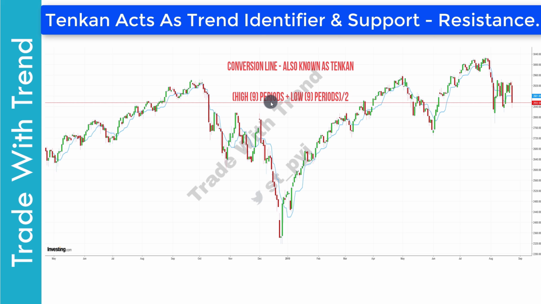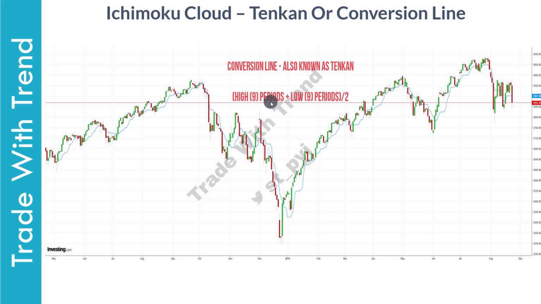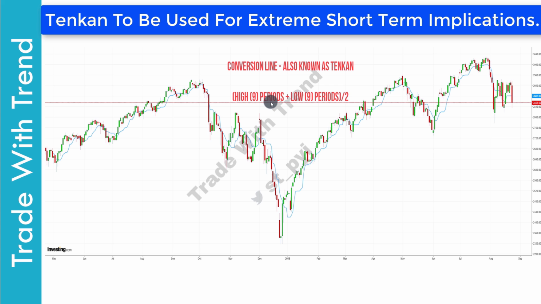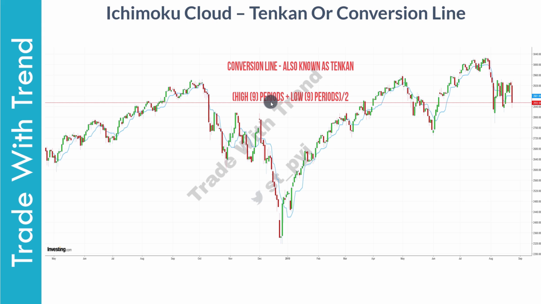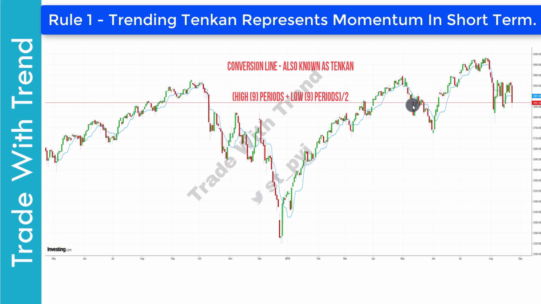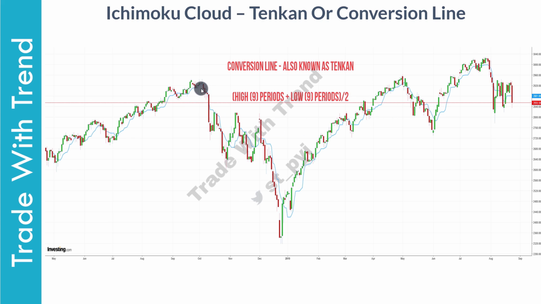In Ichimoku Clouds, every element has a crucial role to play. And therefore, when you start looking at charts through this indicator, get into the habit of analyzing what each element conveys. When you're looking at Tenkan or conversion line, the first thing you need to look for is whether Tenkan is trending or whether it is flat. A trending conversion line would indicate a strong trend is in place, whereas a flat line would indicate price is simply consolidating. If you look at the chart in front of you, in all these phases where the conversion line is trending, you should think about participating in the direction of the trend.